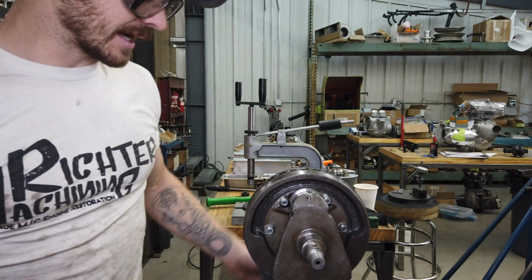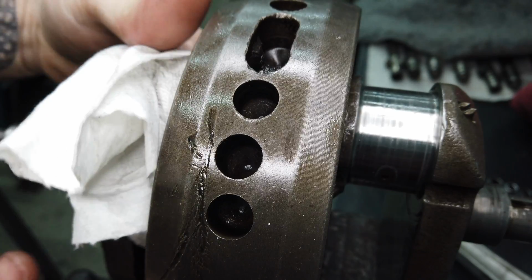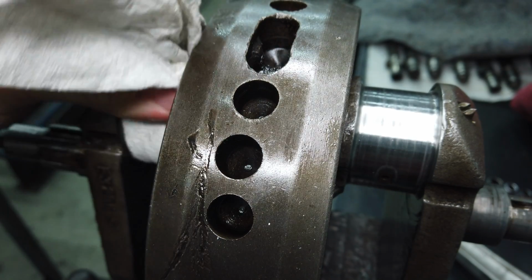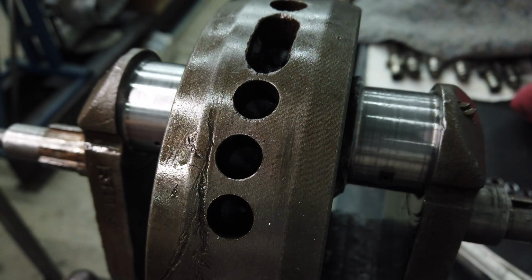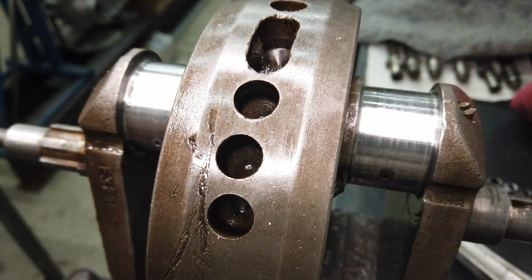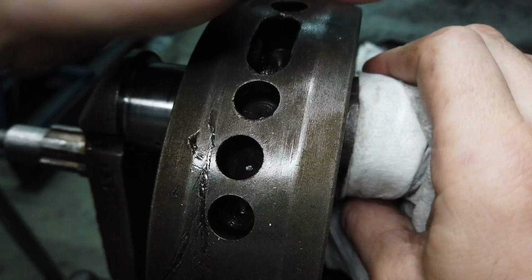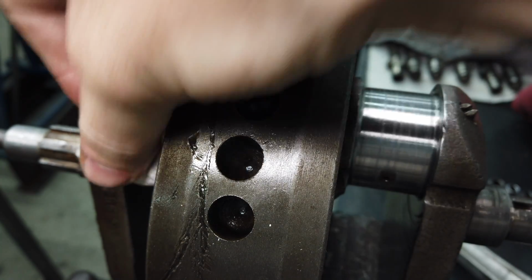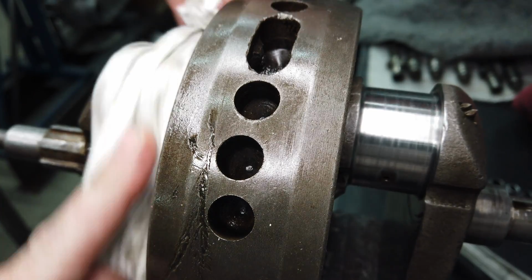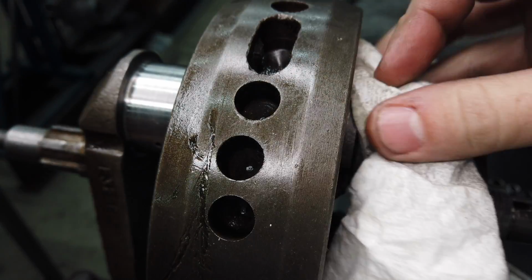Journals look exactly how you'd expect. I'll get you in close so you can see them. I don't know if you're going to be able to see the texture. What if I take the light away? Definitely do not look good. I'm going to go grab the micrometer so we can see what they measure. I'm going to try not to speculate what came first. It's hard to say. Maybe our measurement will tell us, but